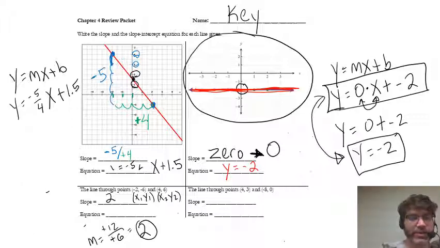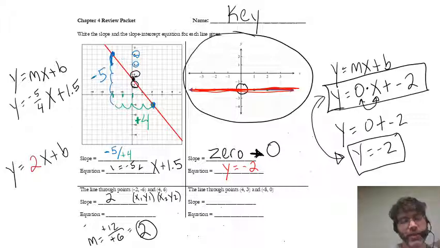So if we have our slope is going to be 2, that will be y equals 2x plus b. All right, now we just need to figure out what the b is. In order to figure out what the b is, we could plug in either of these points, either this one or this one, because both of these will balance the equation. So we could plug in, let's plug in 4,